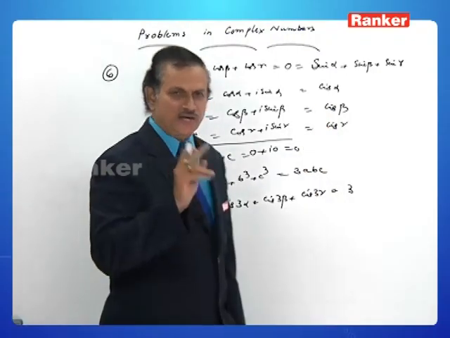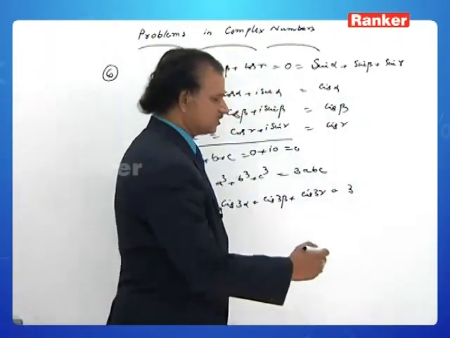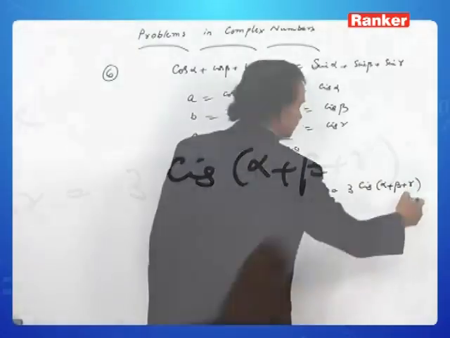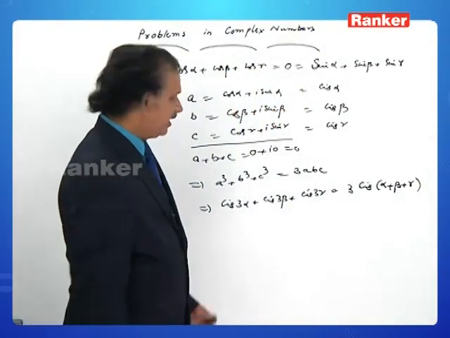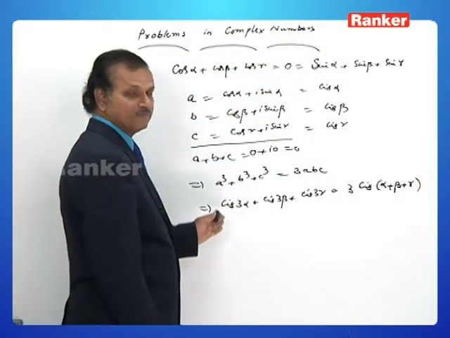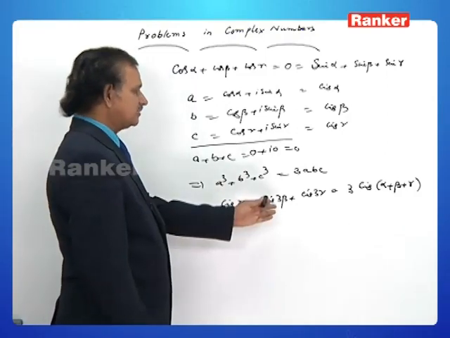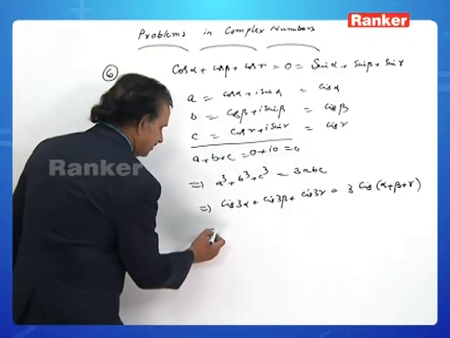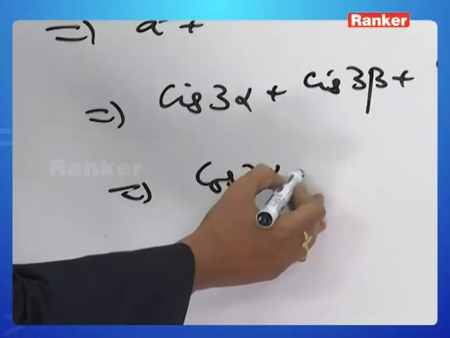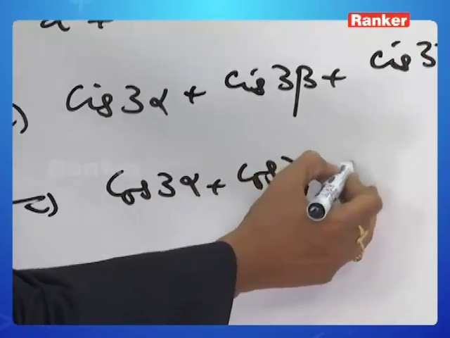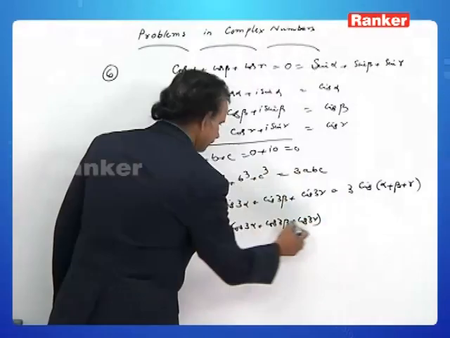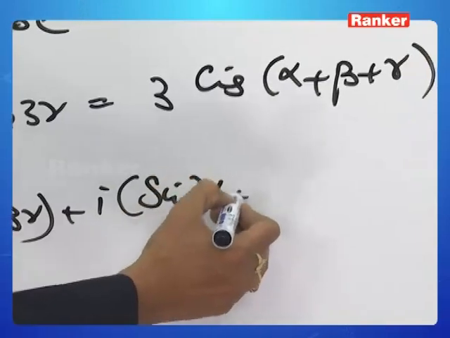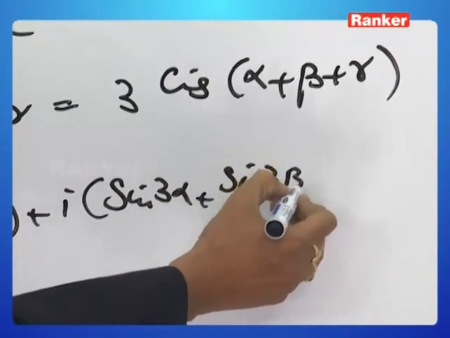What is that? Cis alpha into cis beta into cis gamma is just nothing but cis alpha plus beta plus gamma. Let us expand this. What is cis 3 alpha? Cos 3 alpha plus I sin 3 alpha, cos 3 beta plus I sin 3 beta, cos 3 gamma plus I sin 3 gamma. So that we can write this as cos 3 alpha plus cos 3 beta plus cos 3 gamma plus I into sin 3 alpha plus sin 3 beta plus sin 3 gamma